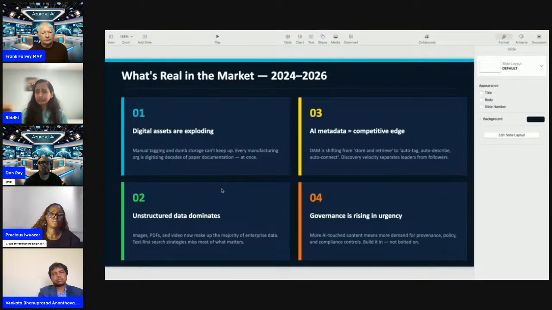But AI metadata is a competitive edge in this era right now, and DAM is shifting from store and retrieve to auto tag, auto describe, auto connect, searchable query, and so on. However, more and more AI is coming into the business, so governing is rising in urgency, I guess.